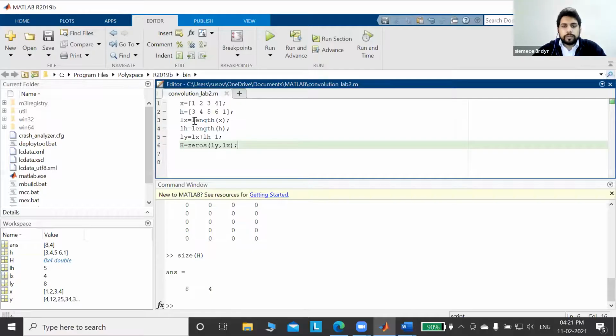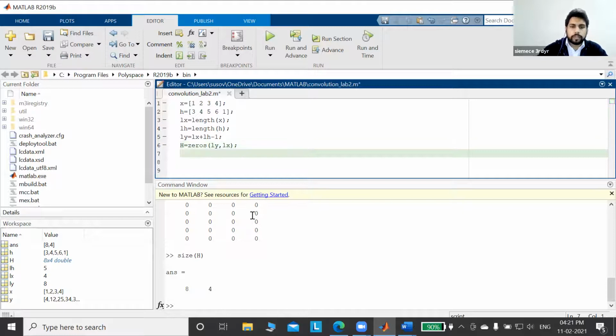Now I want to push this value of h into the first column. So what to do for that? I'll write down capital H is equal to, then in brackets, that is h.